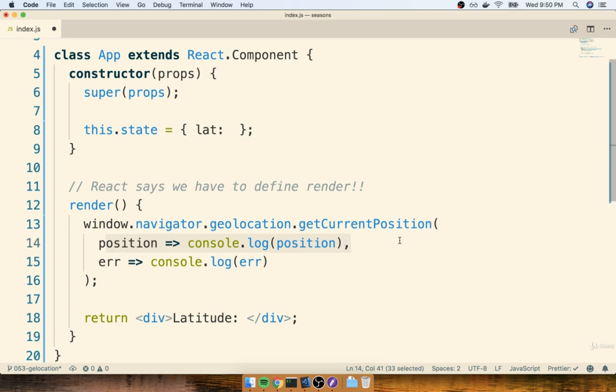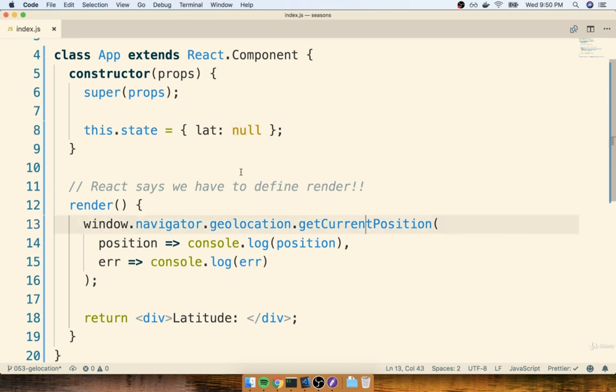Whenever we want to eventually have a number as a property on our state object, but we don't have it yet, like at this point in time right here, we don't know what the latitude is just yet, we will usually default the value to be null. So a value of null means essentially we don't know what the latitude is yet. We will know eventually, but we don't know what it is right now.